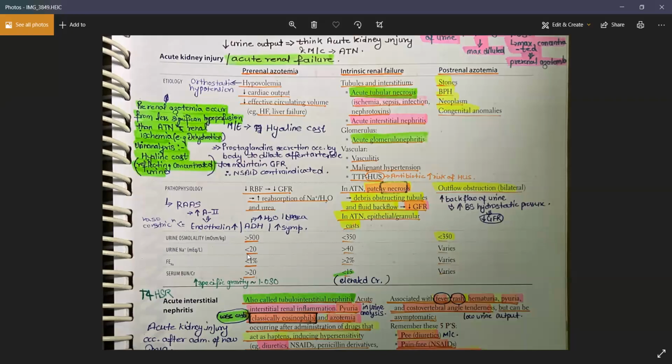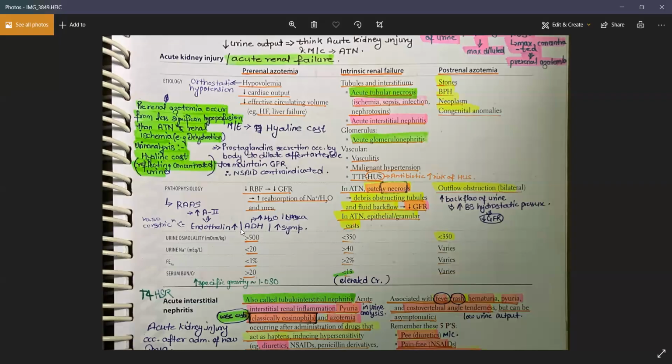Okay, because of the reabsorption of the sodium, you will have a low sodium in the urine, which is less than 20. Because it is a hypoxic condition, kidneys are not getting enough fluid. They will have a more reabsorption of the fluid, and as a result, your urine becomes very much concentrated. Okay, the osmolality of the urine is more than 500 because of a dehydration condition. Whenever you have a dehydration, you will find your urine will have a very high concentration, right? So the osmolality is always more than 500 because of low water content in the urine.